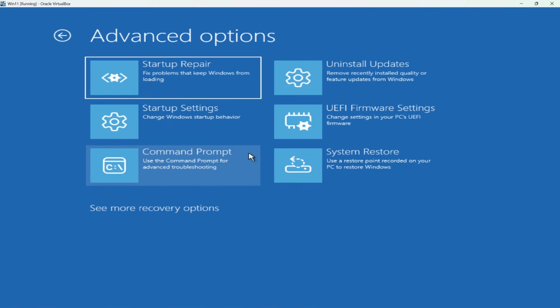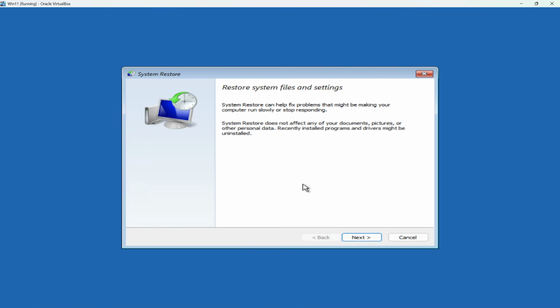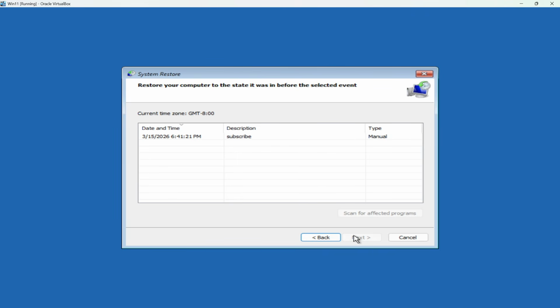And here we have, now the next video I'm going to talk about using command prompt, but in this video, I'm just going to show you the simple fixes. So the last option here for you is go ahead and click on System Restore. So just click on it, wait for it to load. Now, if you do have a System Restore point, well, you can just go ahead and click on it, and